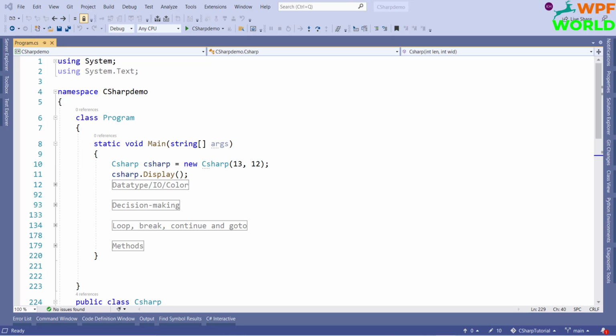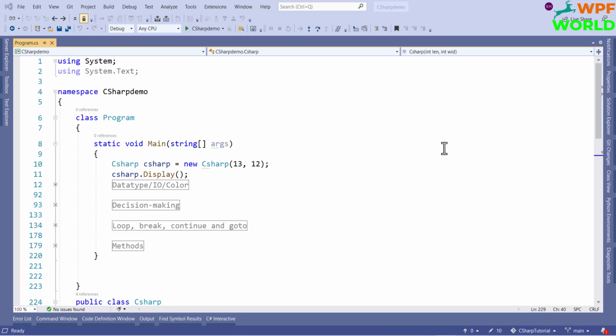In this chapter we are going to learn about the static modifier. First we should know what the static modifier is. Static modifier belongs to the type, not the instance. So to access a static member we don't need to create an instance, so it will save memory. As a static member belongs to the type, it will not get memory every time an instance is created. We can declare a field, property, constructor, class, operator and event as static.